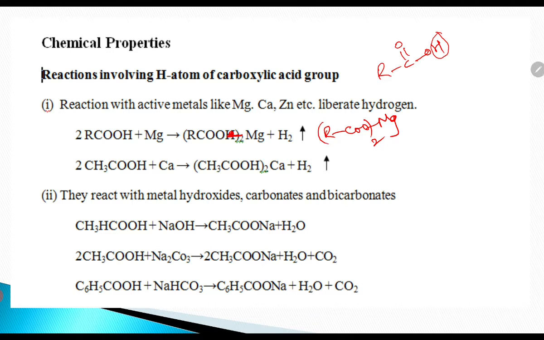As magnesium is in the +2 oxidation state, here we are taking 2 carboxylic acid molecules. Otherwise, one carboxylic acid molecule is enough for univalent or